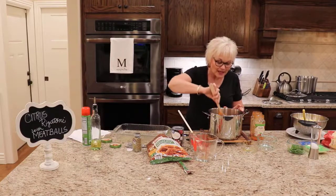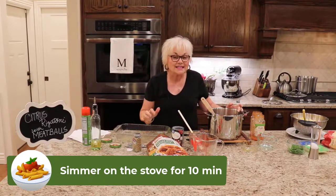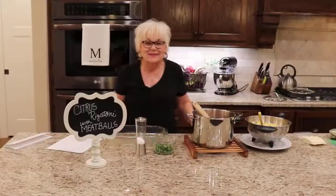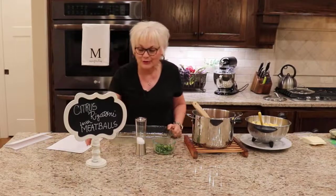So I'm going to stir this up. I'm going to get this going on the stove for 10 minutes and let it just simmer for a little bit, and then I'll be right back to put this together and let you see how easy it is to assemble. Don't go away. Well, I'm back now for the final segment and ready to assemble our citrus rigatoni with